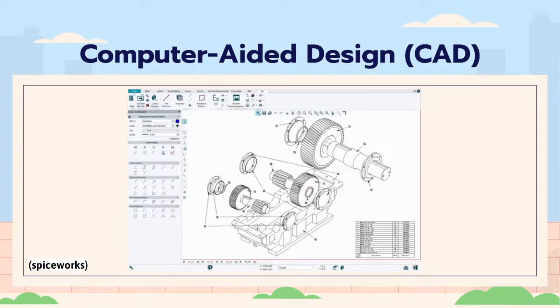Computers are so smart that they will tell you what the force and pressure are at certain places, so you can make all the changes and make sure the design is very accurate and precise and perfect. All right, let's move on.